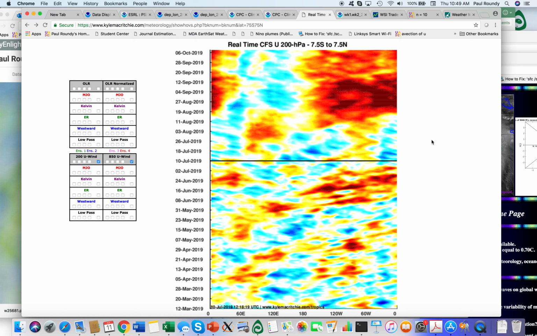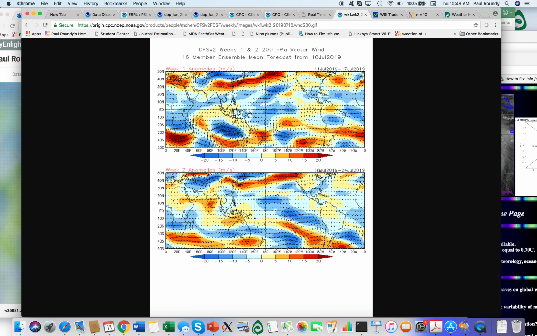The development of these easterly wind signals here in the CFS and in the real world, we're looking here at CFS weeks 1 and 2, 200 hectopascal vector wind. We've got week 1 at the top and week 2 at the bottom. And we know in that longitude time diagram that the upper tropospheric wind shows amplification of western hemisphere easterly wind along the equator. This time of year, that amplification is typically associated with a wave train moving across the southern hemisphere, breaking ridges onto the equator, which through geostrophic adjustment accelerate easterly wind here.